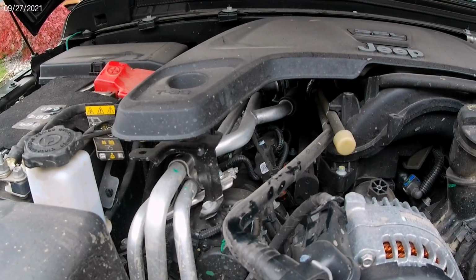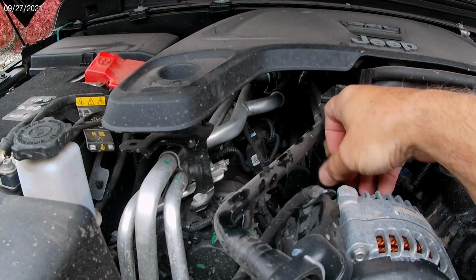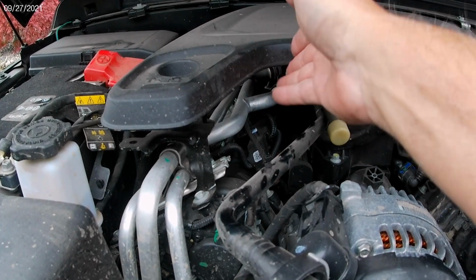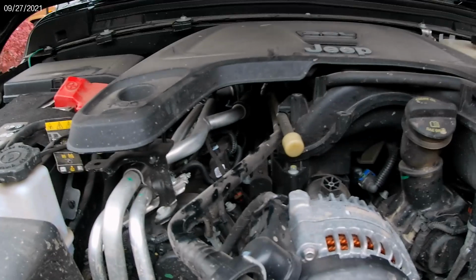Oh yeah, it's going to fit right there perfectly. So this is the area where it fits, right in here. As a matter of fact, you remove this cover here, and they say to toss it. I'm not going to toss mine though. I'm going to go ahead and cut it, I think, to fit, so that I at least have this half from here to here